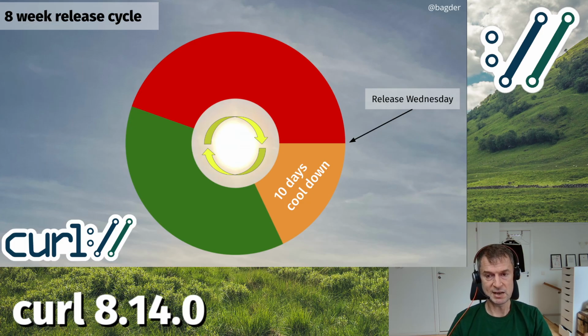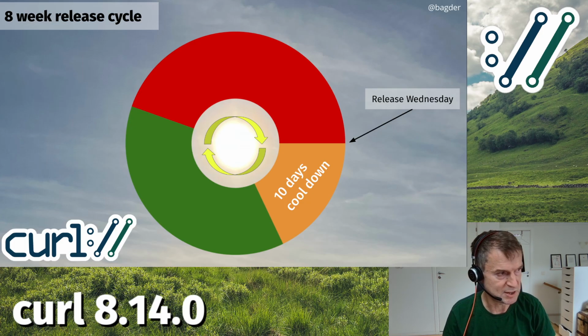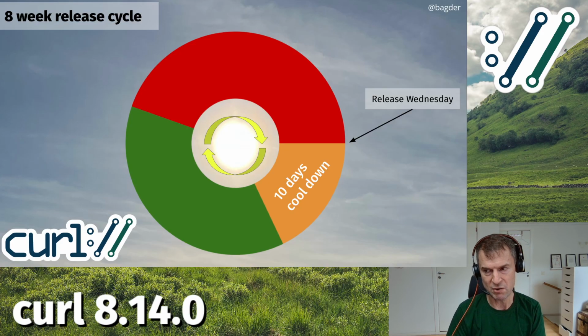Then we have this 10 days cooldown period, which means we don't merge features and changes, we just merge bug fixes. And this is a period to possibly detect regressions and stay on alert and have a high attention on what people report, because if there's something bad reported during this period, and in particular in the beginning of this period, we can do an optional patch release to just fix the worst problems we accidentally did in this .0 release. Hopefully, ideally, we don't.